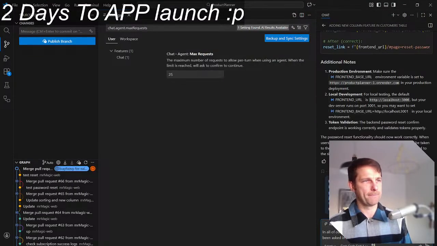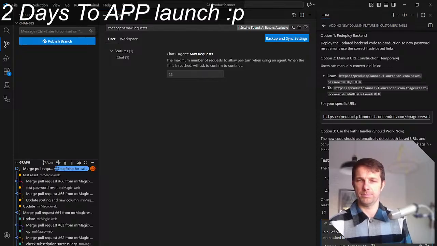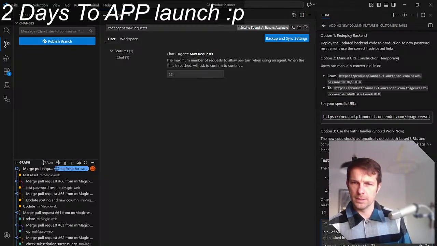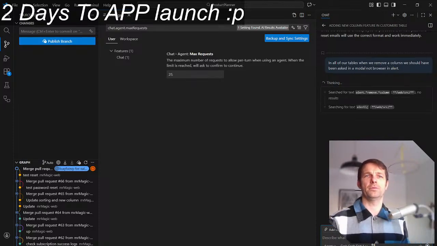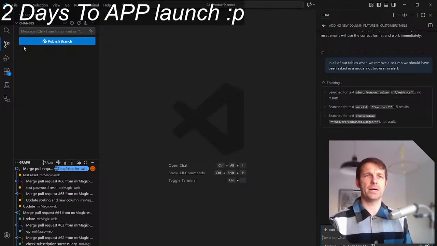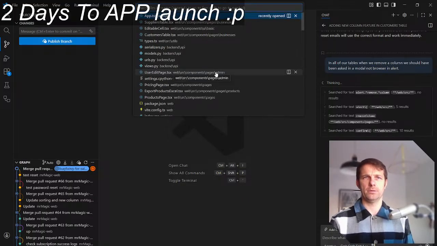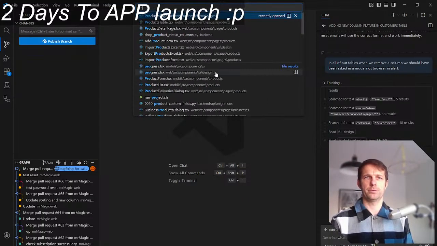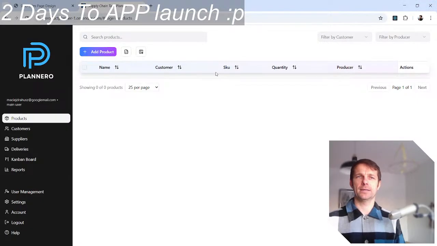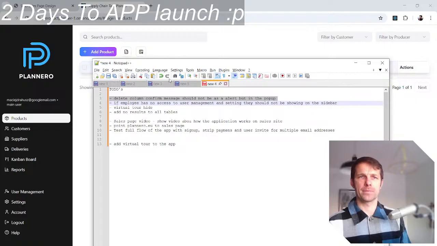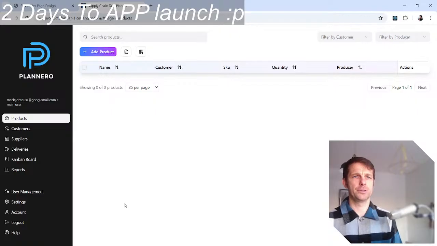Let's see if AI Lord will help. Yeah, let's see if it's gonna do that, because it's not really important if you think of it. It's just a minor issue in the products table. It's a minor issue, but it's kind of annoying. I don't really like to have it. If an employee has no access to user management, it should not be shown. Yeah.